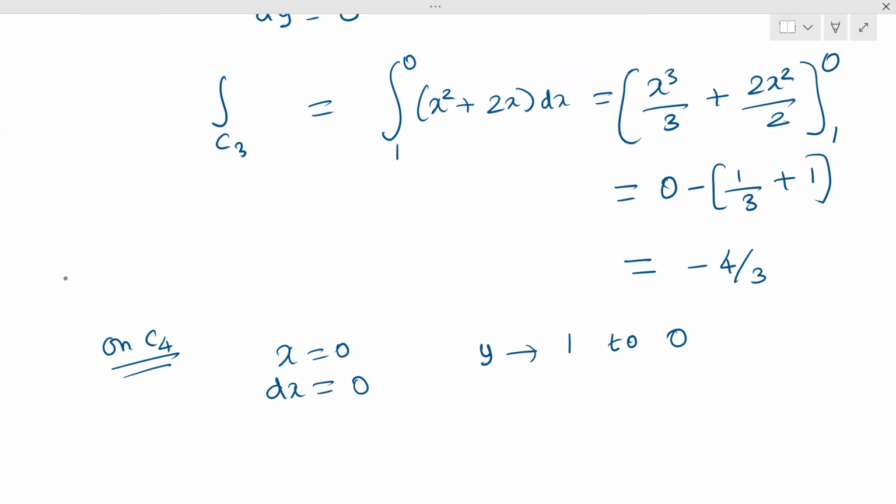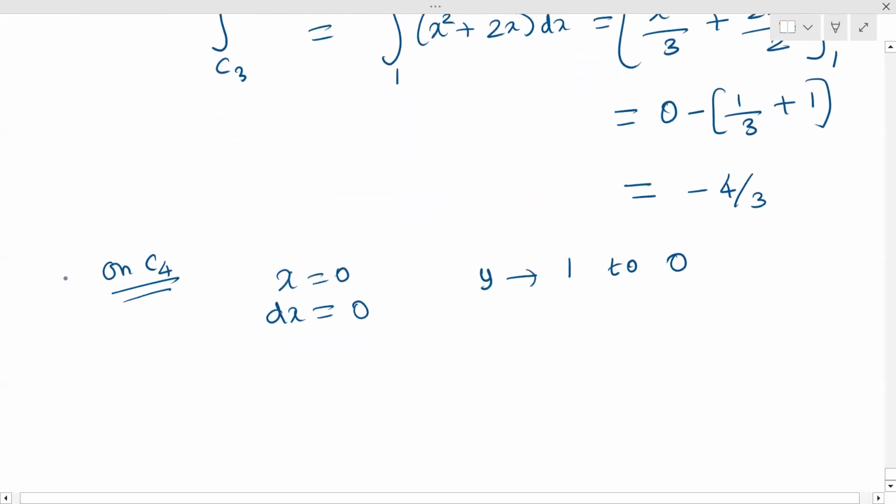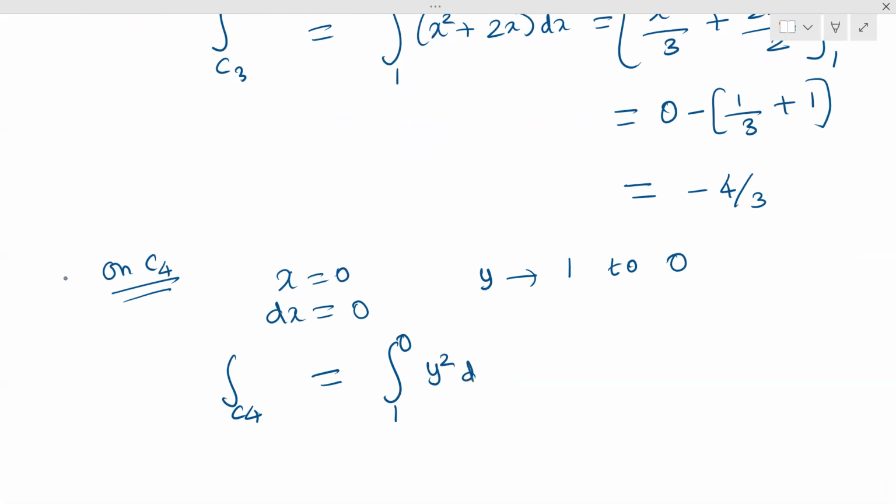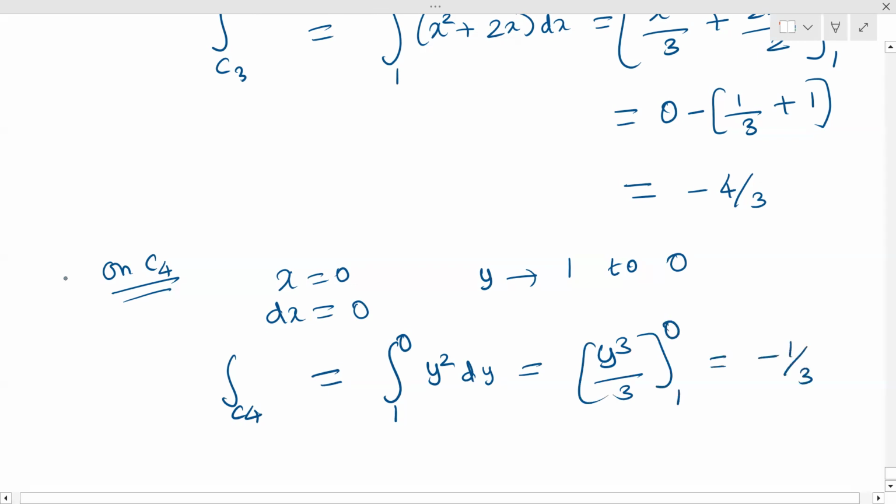Y varies 1 to 0. So integral over C4 equal to, y is 1 to 0, dx 0, x is 0, means we will get only y square dy. So when we do the integration, we will get like this, which is equal to minus 1 by